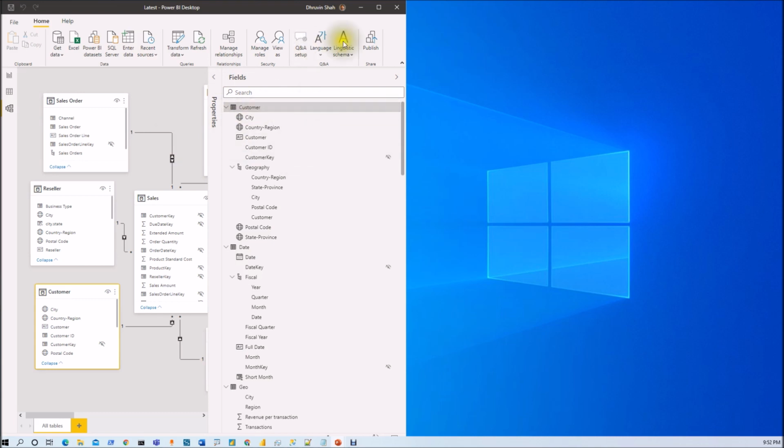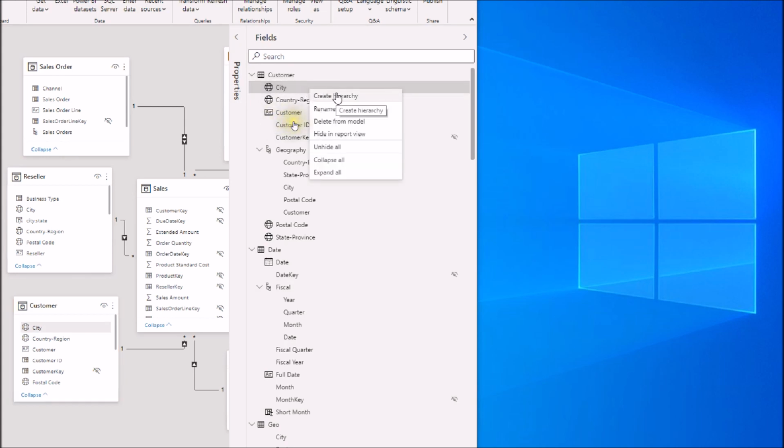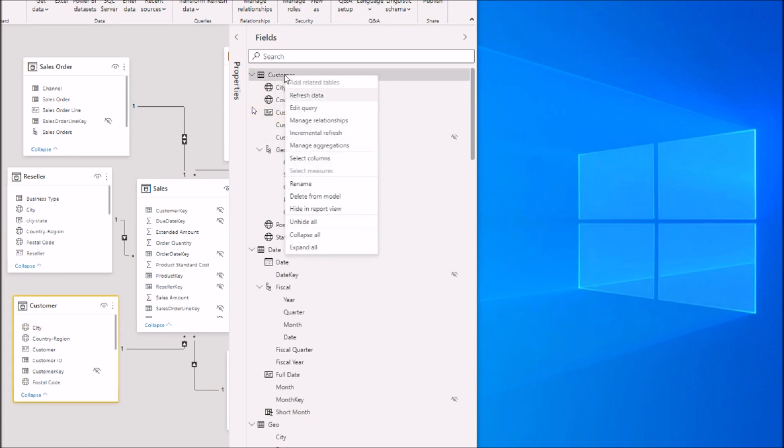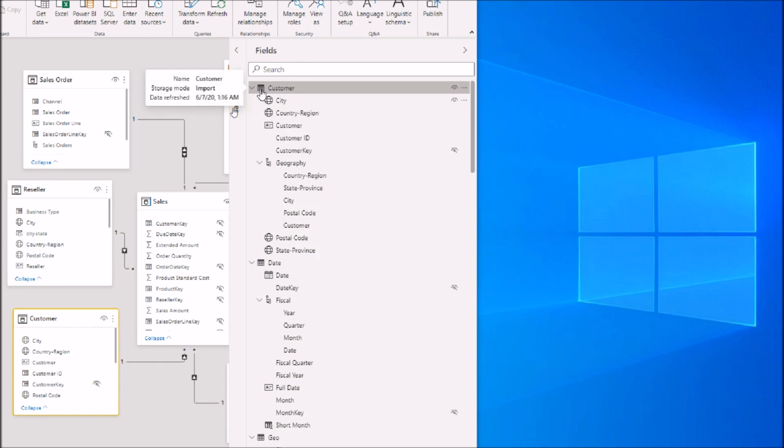So first of all, we already enabled this feature, so you can see that these are the new icons. You can see the new table icon, a new URL icon. Some of the icons have changed, right? Now let me right click on the field and show you the options that we saw in the PowerPoint presentation. So you can see that this option has been updated. Similarly, when we right click on this particular table, we can also see more options. And whenever we hover on any of the tables, we can see detailed information in the tooltip.